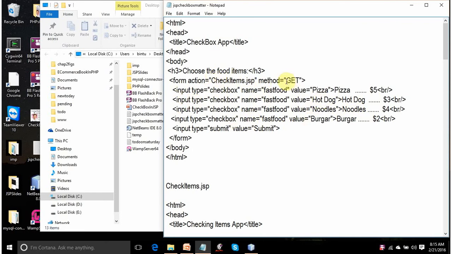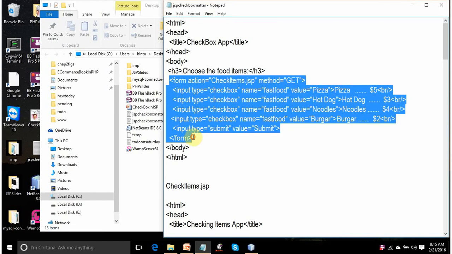I hope you've seen my earlier videos which explain how the data is passed from one JSP form to another. I've told you that there are two methods to send the data, one is get and another is post. So from this form, the data will be sent to checkitems.jsp. That means I have to add one more JSP file to this project by the name checkitems.jsp.